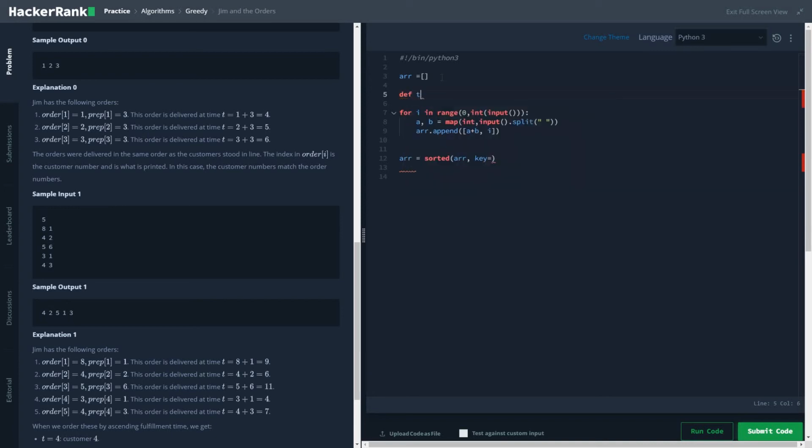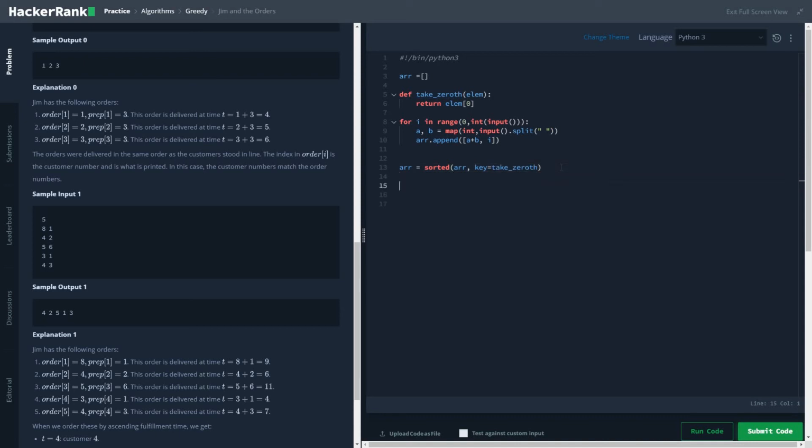I will name the function, say, sort_func. We'll pass an element into it and return element[0]. So we want to sort on the basis of the first element, that's why we are returning element[0]. If you want to sort on the basis of the second element, you have to return the corresponding value. It goes in that manner.